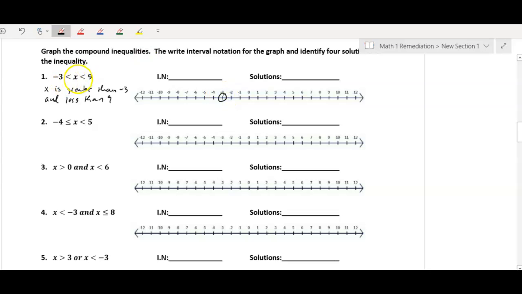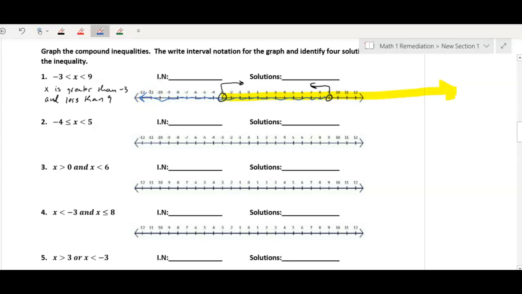Now remember, x is greater than -3, so that would go to the right. If I go to 9 on the number line, open dot because it's just less than, I know x is less than 9, so we're to the left. So what I like to do is show using colors. If I'm greater than -3, I know this graph would go to the right forever and ever. If I'm less than 9, I know this graph is going to go to the left